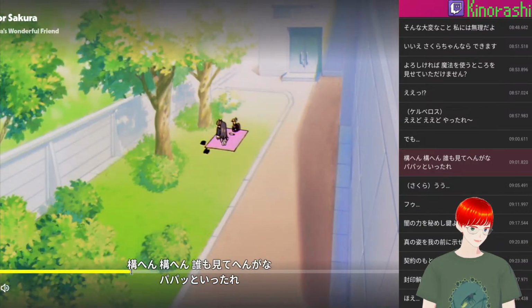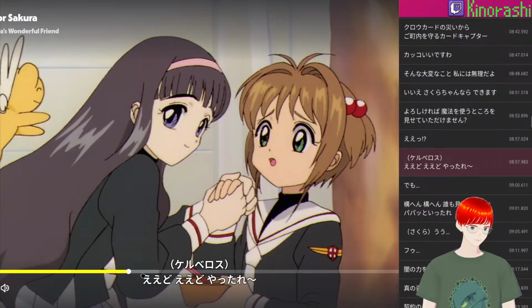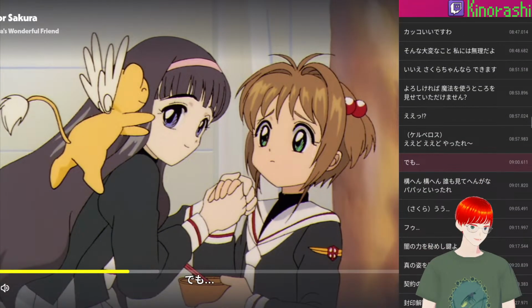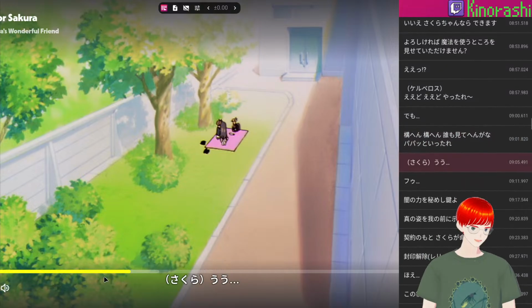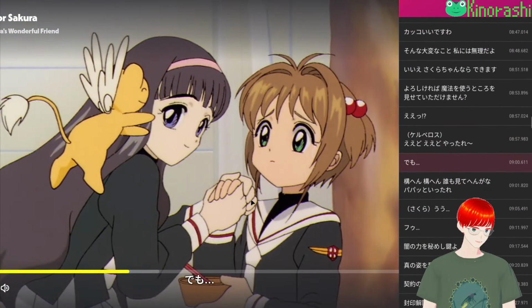誰も見てへんがな。パパッと言ったれ。でもかまへん。誰も見てへんがな。パパッと言ったれ。